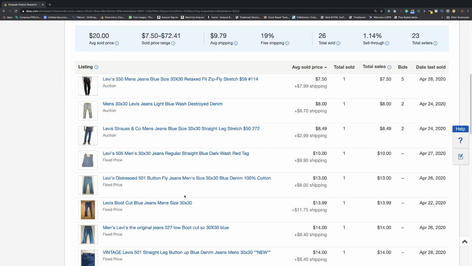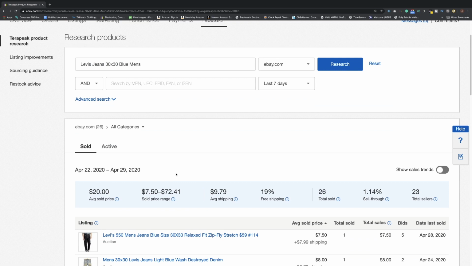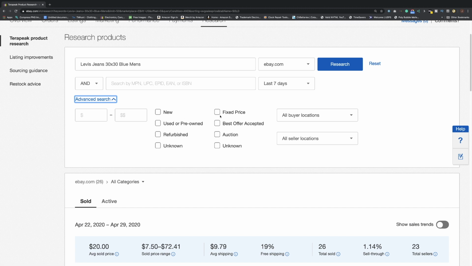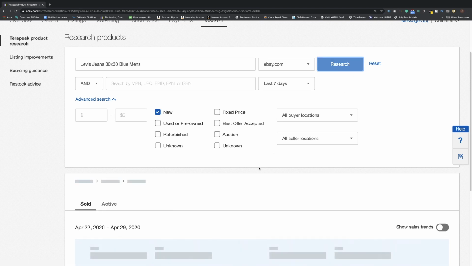Okay, well, I have a pair of Levi jeans. So if you really want to get real detailed, the really best way to do it is look under the categories. The advanced search. Okay, so now you can really find out what's going on here. So say you just want to get new only. Okay, so I have a brand new pair of jeans and I want to know what they're worth. So again, 7 days, same criteria, but now you can really, almost like with eBay, refine what you're trying to look for. Again, hit the research button